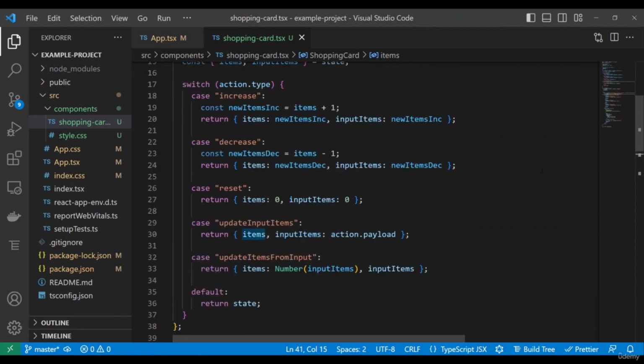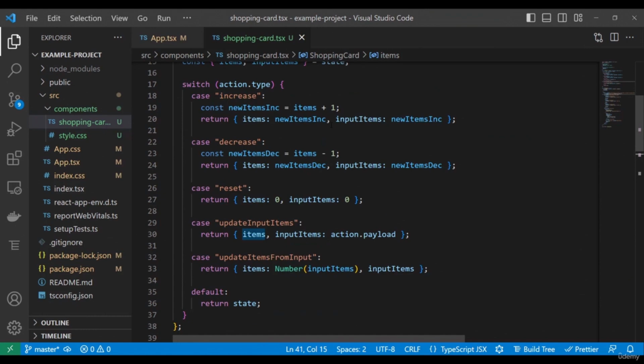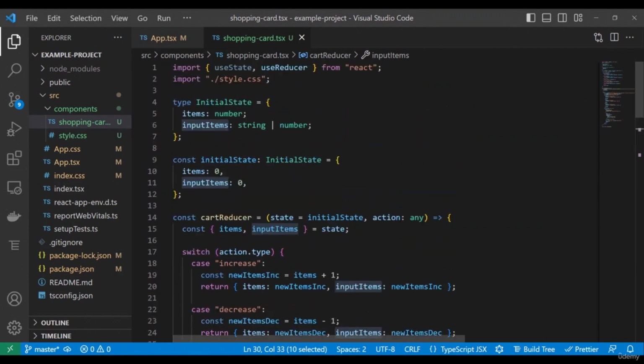If you go inside the cart reducer, the value of the input items is being accessed, is being updated using this action. And if you hover over this action, it is any. So TypeScript is not that smart in here, and it decides that, well, the input items is also any. So that is another problem that in this video we're going to see how we can tackle